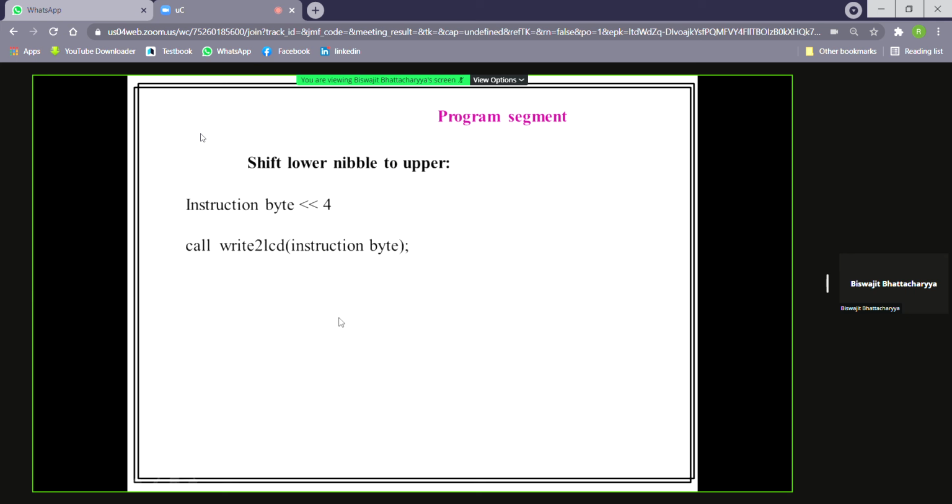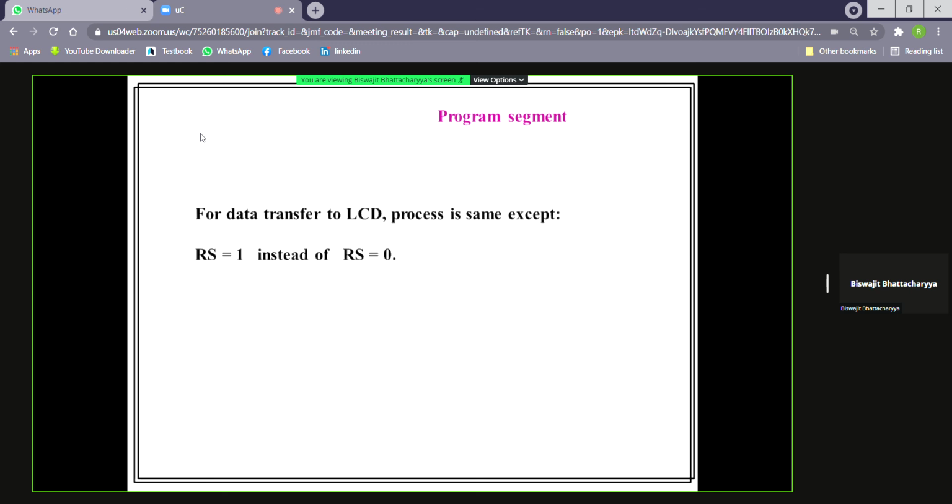Again RS equal to 0 and a short duration pulse is applied to the enable pin. So now the lower nibble of the instruction byte is transferred to the 4-bit bus of the LCD. That is the method of connection and writing the program.